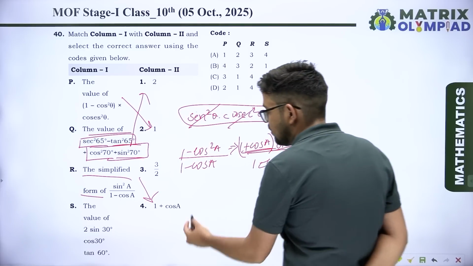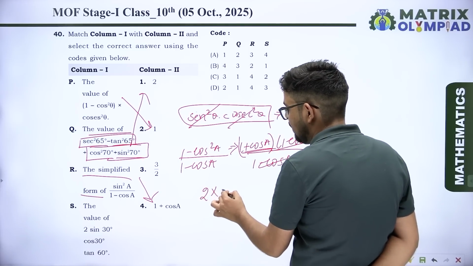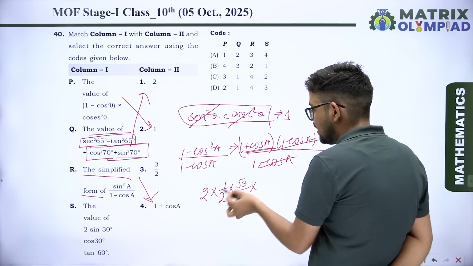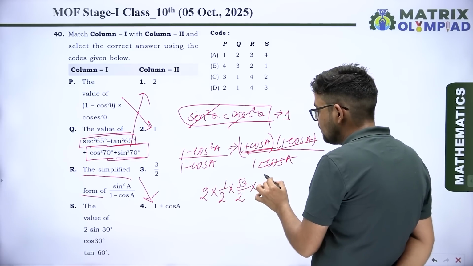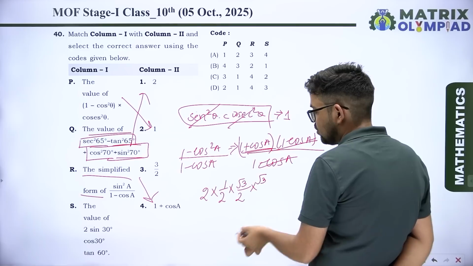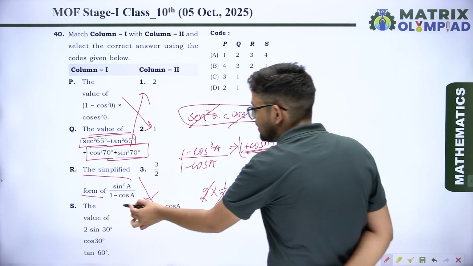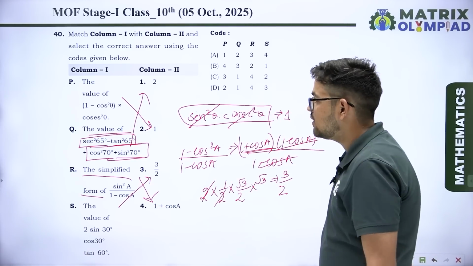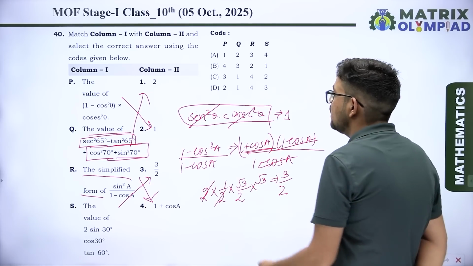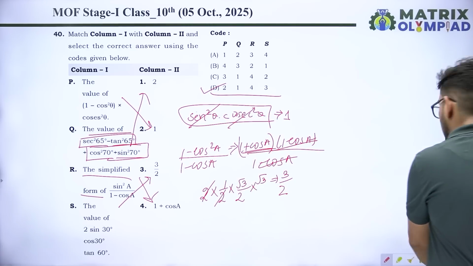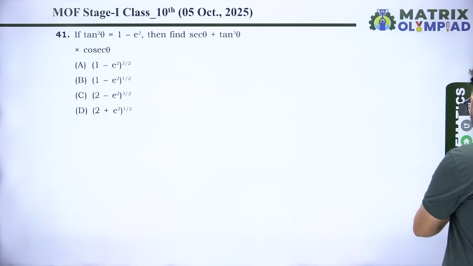और S क्या कह रहा है, द वैल्यू ऑफ 2 साइन 30 कोस 30 tan 60। तो ये हो जाएगा 2 इंटू साइन 30 की वैल्यू होती है 1/2, कोस 30 की वैल्यू होती है √3/2 और tan 60 की वैल्यू आपके पास में होती है √3। तो ये 2 से 2 कट जाएगा तो इसकी जो वैल्यू आएगी वो आएगी 3/2, मतलब S का आ जाएगा 3rd। तो इसका करेक्ट सीक्वेंस 2143 हो जाएगा, ऑप्शन D विल बी द करेक्ट आंसर।